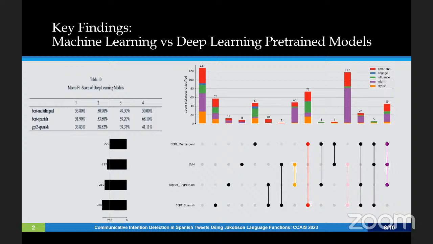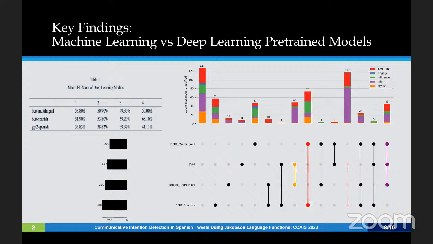It is worth noting that in the clarified intention, there was only one instance that was correctly classified by all classifiers. However, the engaged intention was not present in this intersection. The black bars on the left side of the graph represent the number of correct classifications for each model. This data revealed that BERT Spanish performed the best in terms of accuracy, followed by the logistic regression model, SVM,